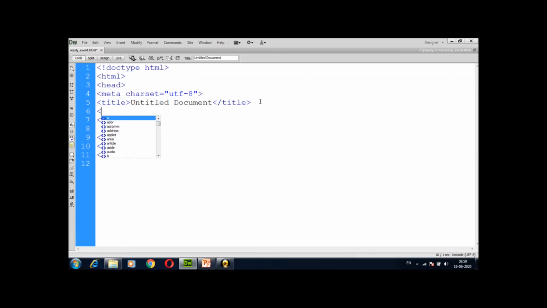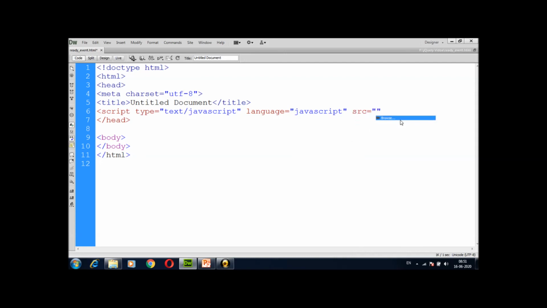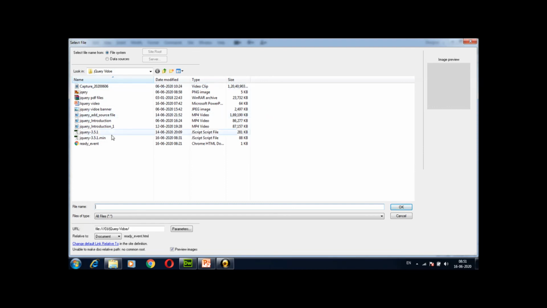Now I am going to add a JavaScript source file which supports our jQuery and which we already downloaded in the last lecture. So I am adding this script, then type equals text/javascript, language equals JavaScript, then I mention the source. For src you use source.